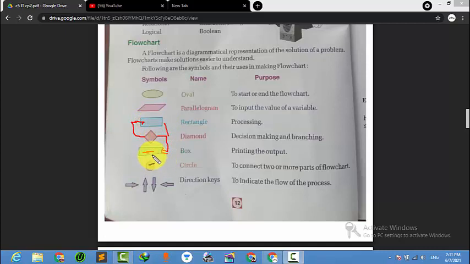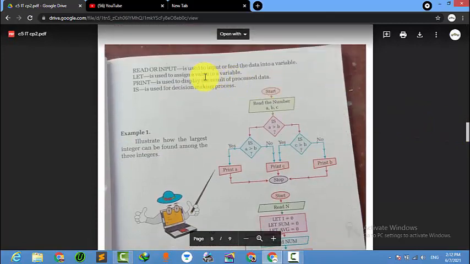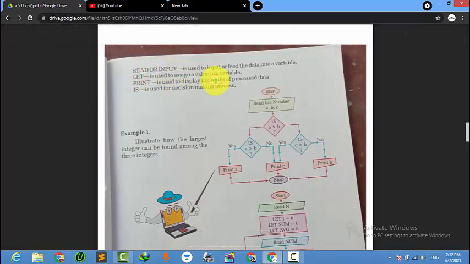Suppose I want to pour some milk, this one is for joining another flowchart. Suppose I want to join this tea with coffee. If there is another coffee process, then I will just combine it with this one. Similarly, combining two or more flowcharts. It is very difficult to explain online. So here are some tasks: read input.